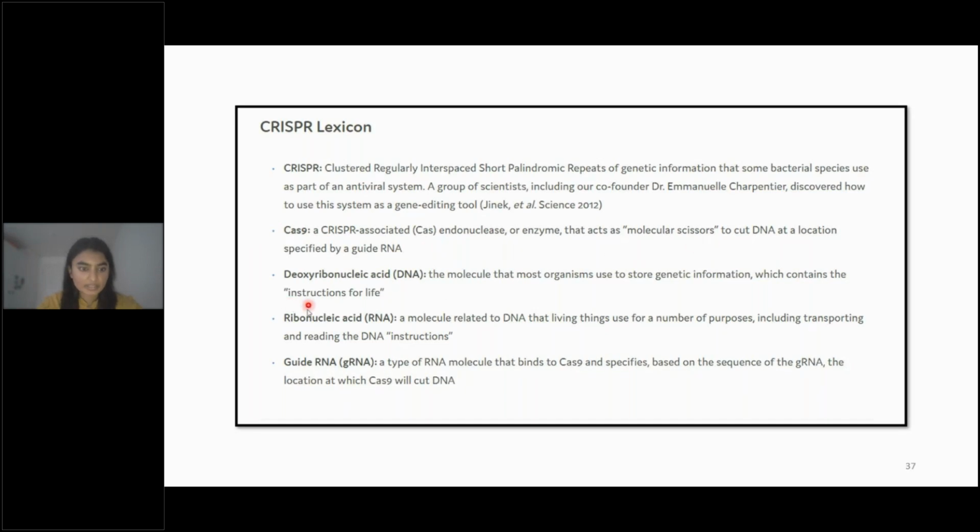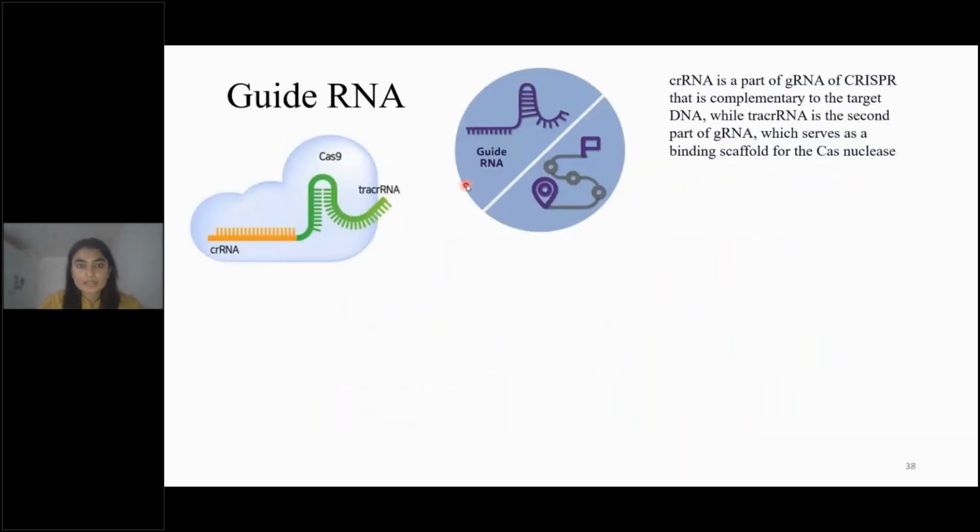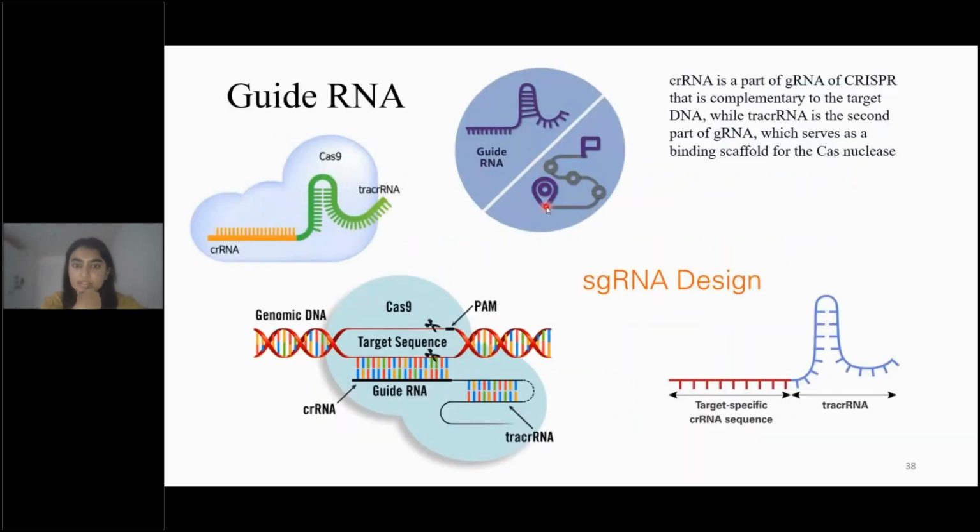Then the DNA, we know that, RNA, we know, and then there is the guide RNA. This is very important because guide RNA is the one which is going to go and attach to the Cas9. As the name suggests, it is going to guide the Cas9 to come and sit on the DNA and cut it off. So I'll show this. This is the guide RNA. Here you can see it literally represents a map, right? It forms a complex with the Cas9, and then it tells the Cas9, okay, now come here and just cut this part off.